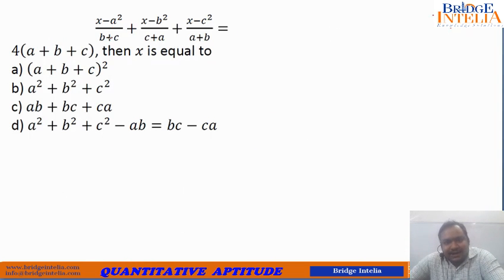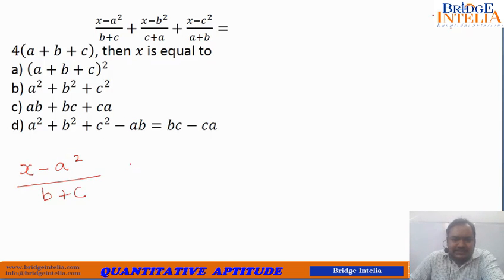So x minus a square. Can you see that this is a symmetrical expression? Of course this is a symmetrical expression. Then what to do? So this 4abc is the sum of these three terms, and all these three terms are same. That means I can say that x minus a square upon b plus c is actually equal to, I can write a is equal to b is equal to say c. Okay, so I can say that x minus a square divided by 2a is actually equal to 3 times of this, because there are 3 terms.